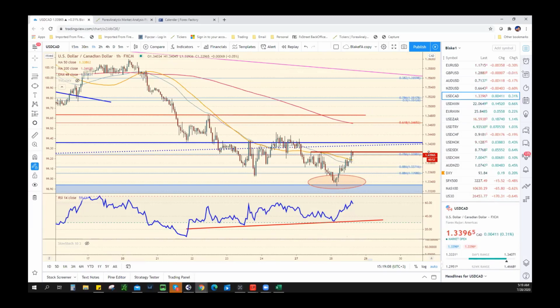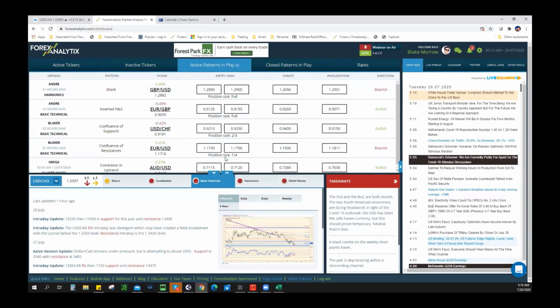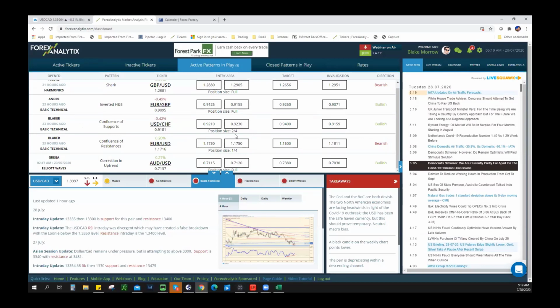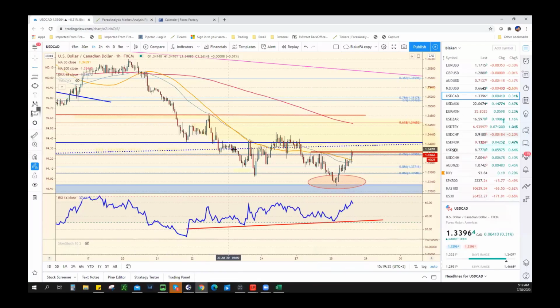And I was telling people this yesterday, and you'll notice the difference here with the active patterns in play. Look at right here. For me, where it says position size 2, four, which is a half, position size 1/4, right? Those are counter trend ideas. So when you're counter trend, you have to be taking smaller positions,